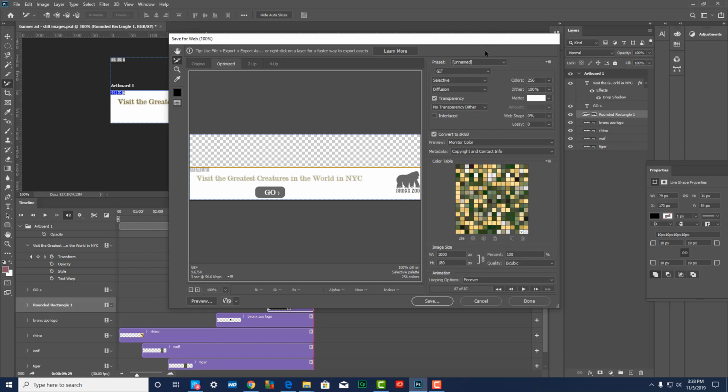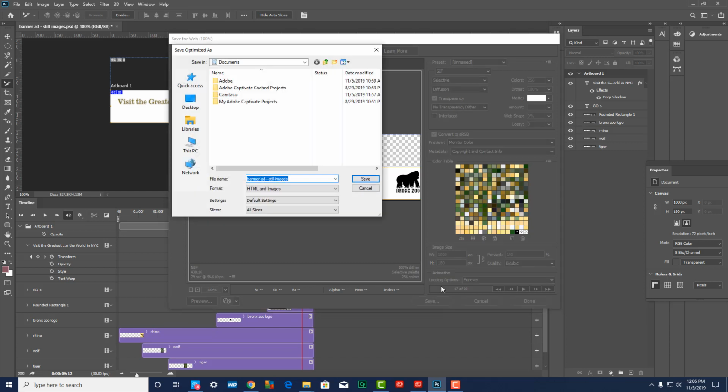First thing is we have to make sure that it's set to a GIF file so that we get the motion. The next thing is to go down to where it says looping, and go to once. Otherwise, it'll keep playing over and over again. We want it to go once and then stop. And then once we do that, we're all set. We're going to go to save,